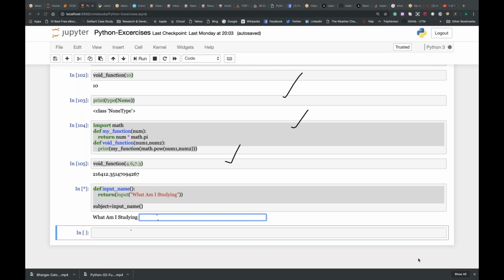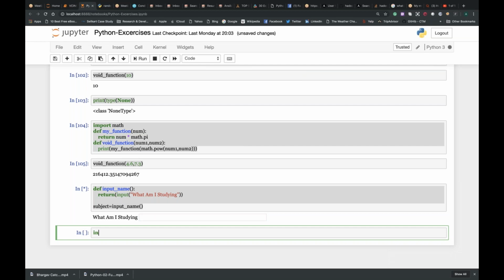One second guys, give me a minute. I'll erase all the noise and take the pointer. So here input_name is my function name, and I'll say Python.